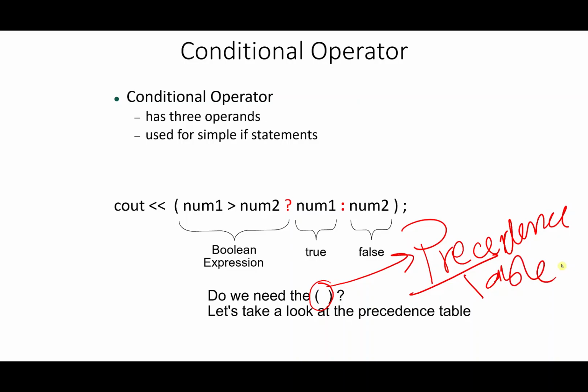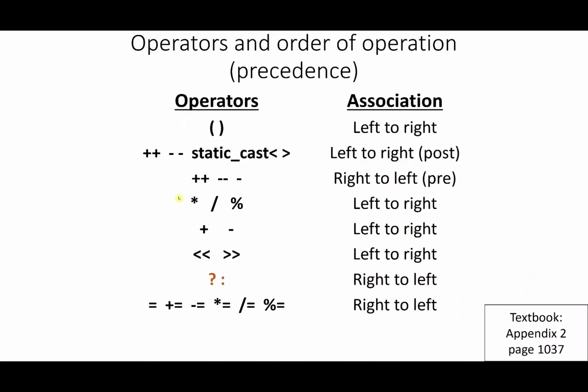Always go back to the precedence table. Which one comes first? If we have, for example, cout, num1 greater than num2, question mark, num1, then, or num2. So if this is true, print num1. If this is false, print num2. Now, to see that, the conditional operator comes after